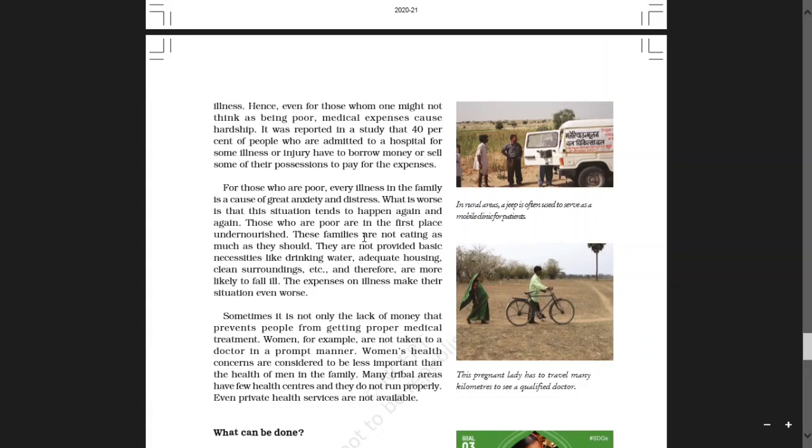These families are not eating as much as they should. As they are poor, they are not eating whatever is required for their health. They are not provided basic necessities like drinking water, adequate housing, clean surroundings, etc., and therefore are more likely to